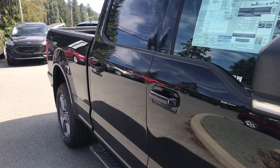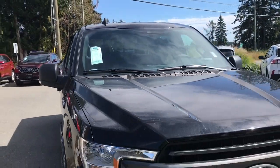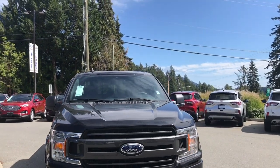Body colored bumper, mud flaps, 6.5-foot box, privacy glass in the back windows with window vents, heated and powered side view mirrors, auto high beams, halogen fog lights, and tow hooks,